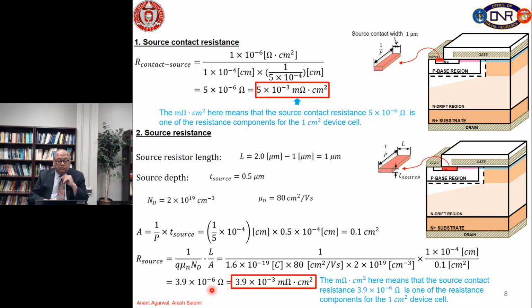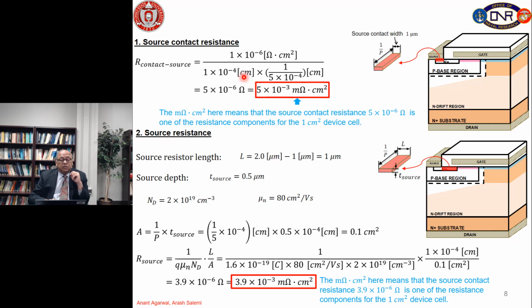And again we have added centimeter square to this number, so that now 3.9 times 10 to the minus 3 milliohm centimeter square reflects the specific on resistance of the source. So far you can see these numbers are very small, but they are finite to begin with. So, that tells us that